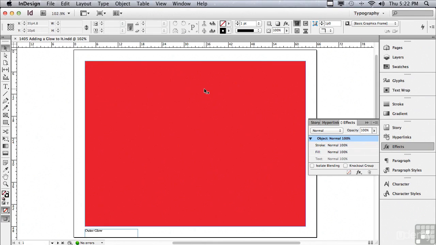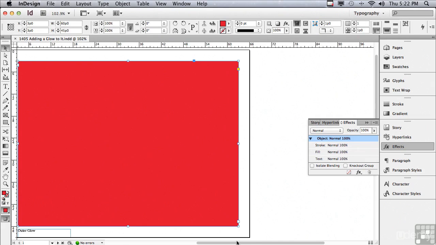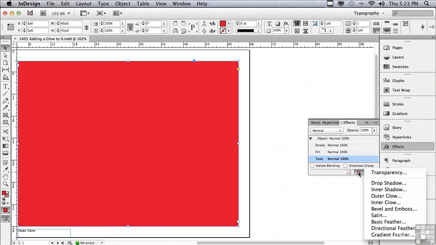Why don't we select this text frame? You can't tell it right now, but there is text in this frame. And the reason you can't see it is it's red text in a red-filled frame. But you will see the text after we apply a glow effect. I'm just going to scroll over a bit to make room for the dialog window, and then click on my text listing to apply the effect to the text within the frame, and go to my FX pop-up to outer